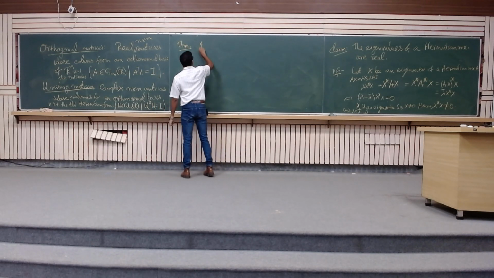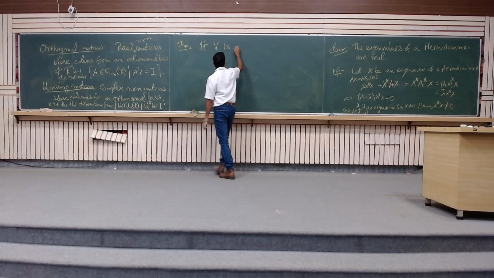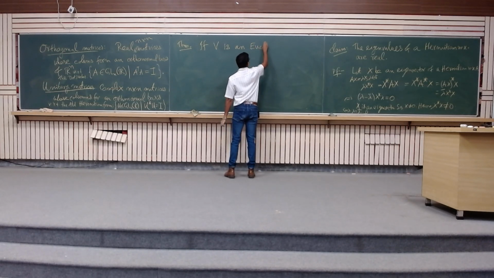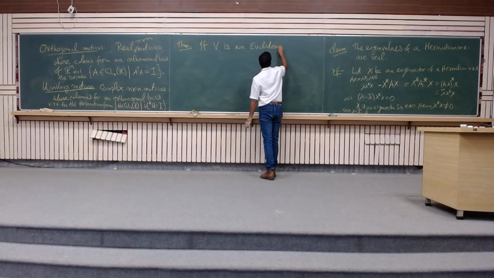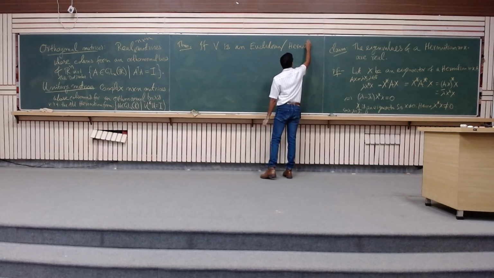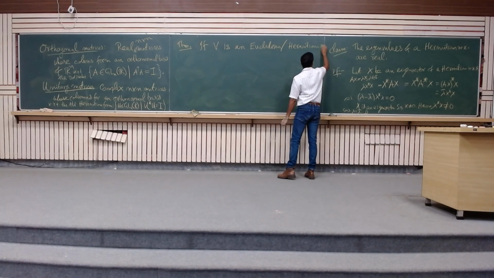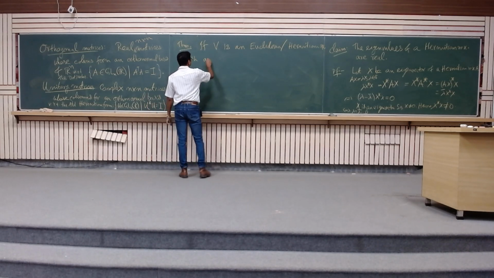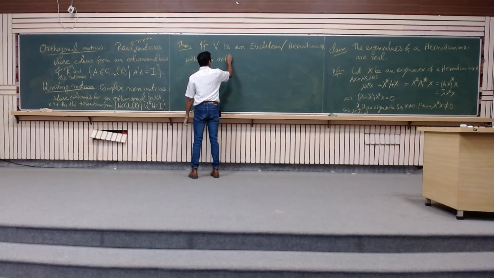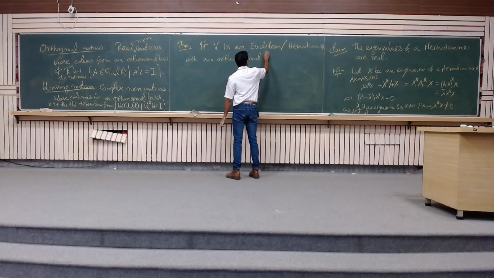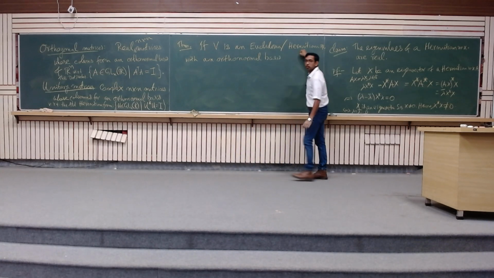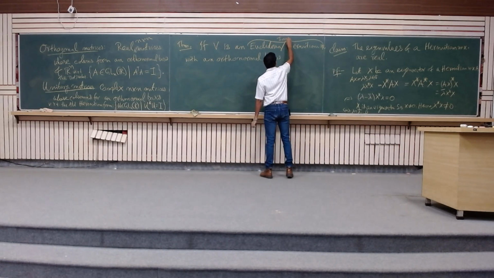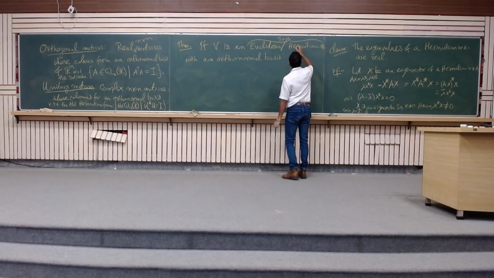If V is a Euclidean or Hermitian space, these two together we call an inner product space, meaning either a Euclidean space or a Hermitian space, with an orthonormal basis,